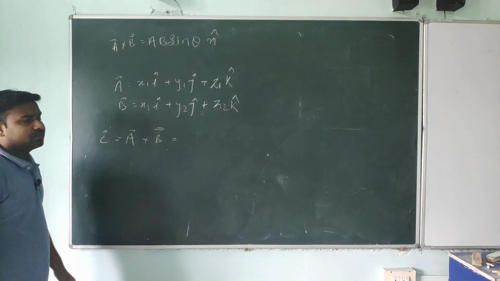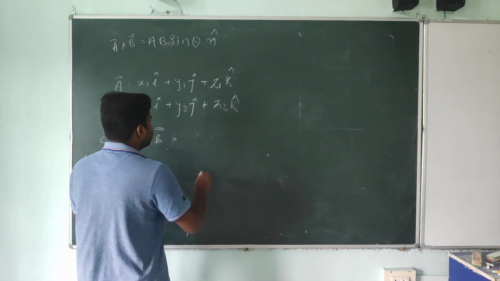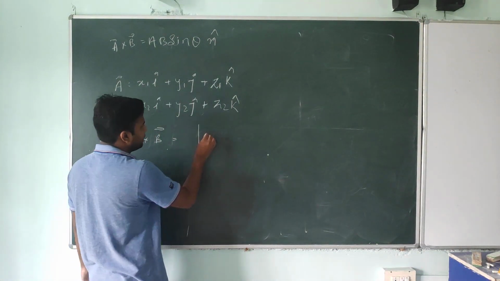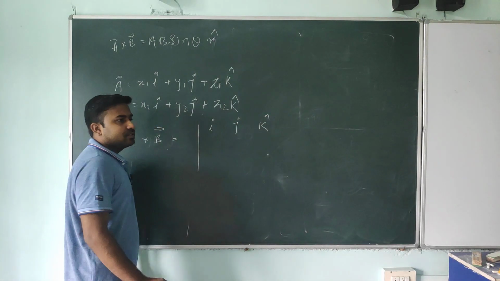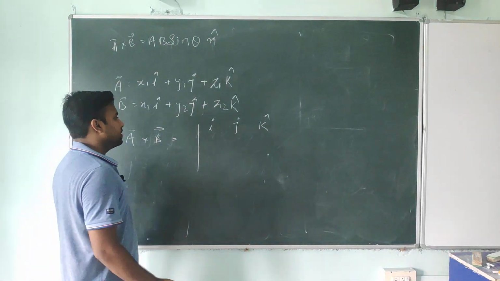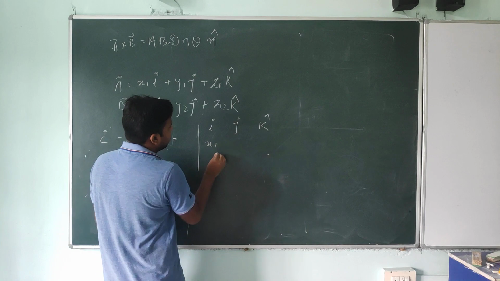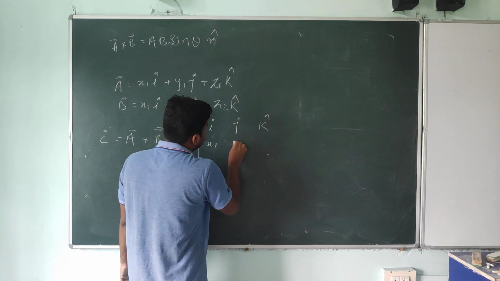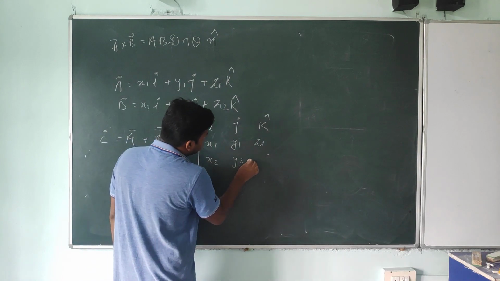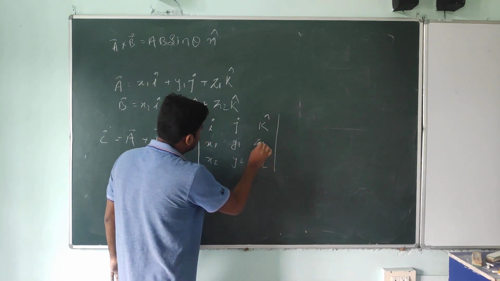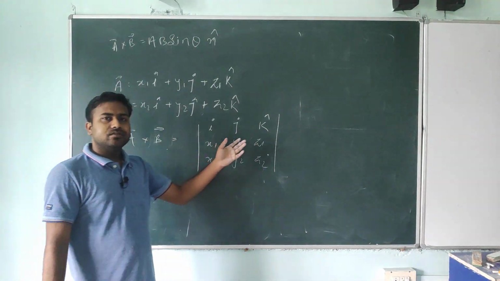Okay, how will you take it? One simple method, one by one you will take, but that will be very lengthy. There is one short trick here, student. i, j and k. This is in 12th class, sir will explain the determinants. So using this determinant method, you can easily calculate with x1, y1, z1, x2, y2, z2. Try to understand. And using this, you can solve. How to solve this? Look at this.